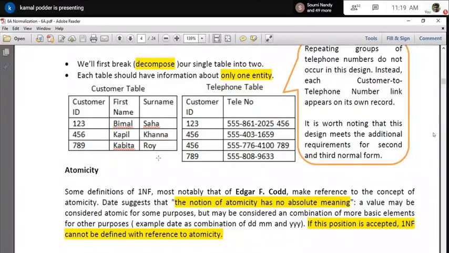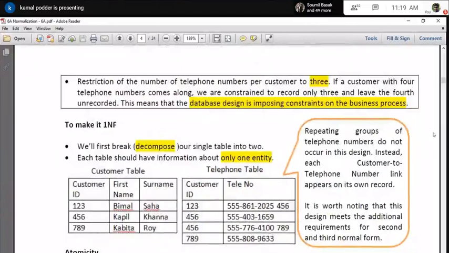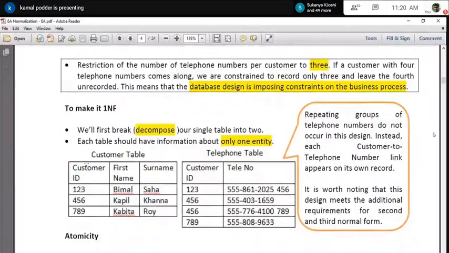That means the main purpose is that you have to find out which column is creating that issue, that means repeating the value in a particular thing. Then you just take that particular column and the primary key of the other column and create a separate table. That is basically the main thing. In this way, if you create that, you will see that all the problem has vanished. So if the table does not contain any repeating value, then I can say that this is obeying the first normal form.